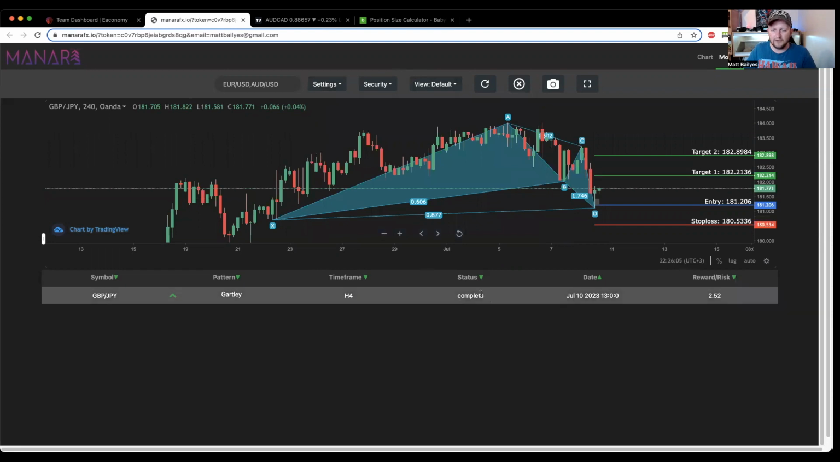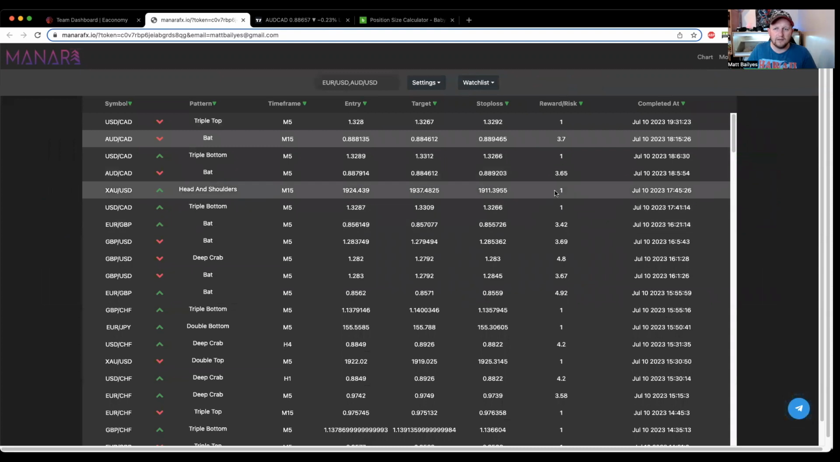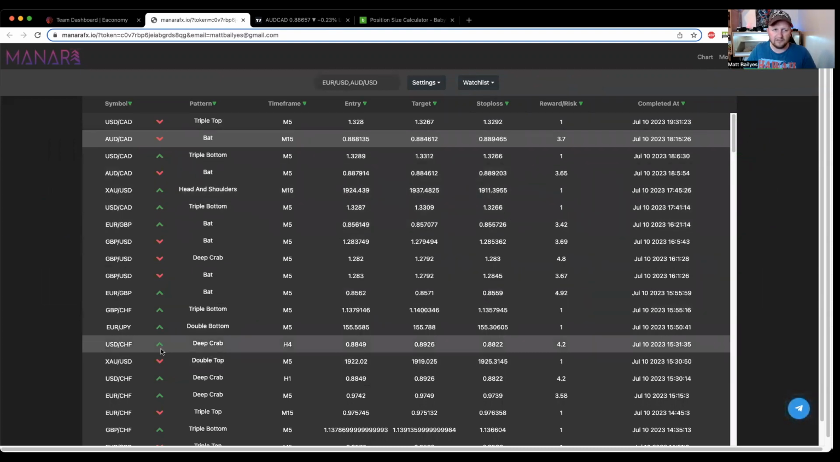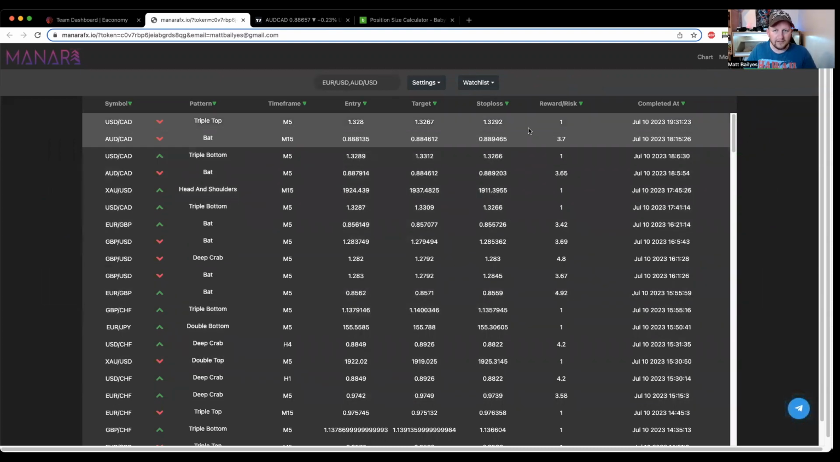So if there's nothing down here and I can't find any trade, I'll come up into my notifications and start working my way through this list here. I like to take trades with a reward to risk ratio of 3 or above. So I'll ignore the first one and I'll check out the second one here, which is